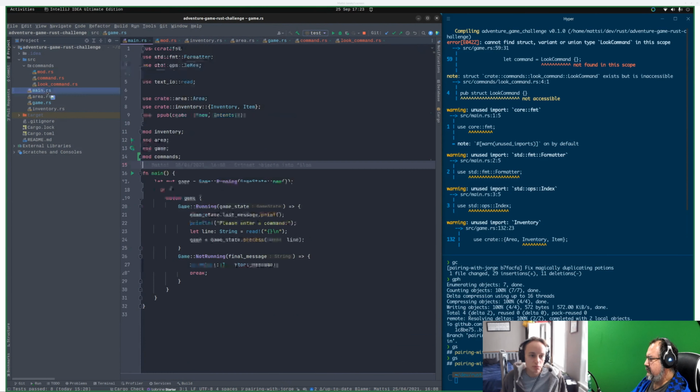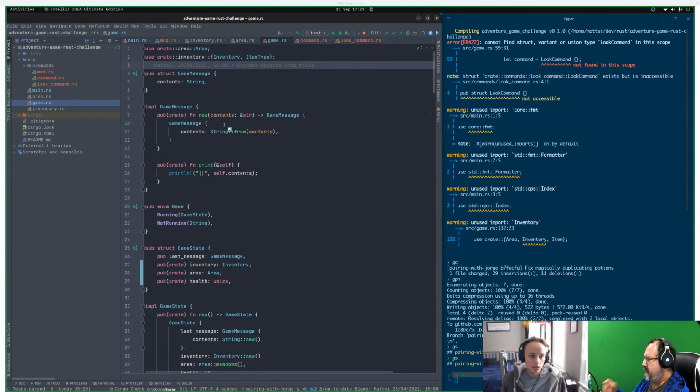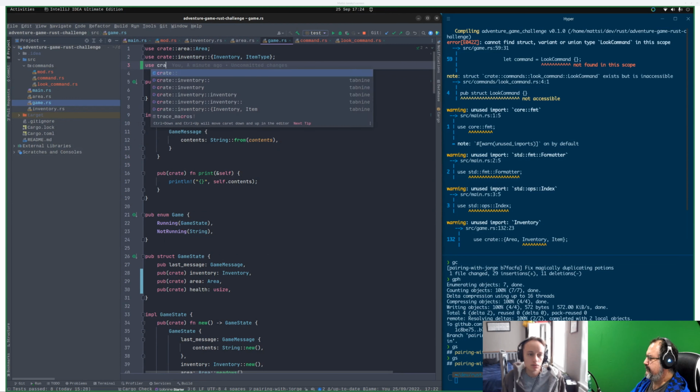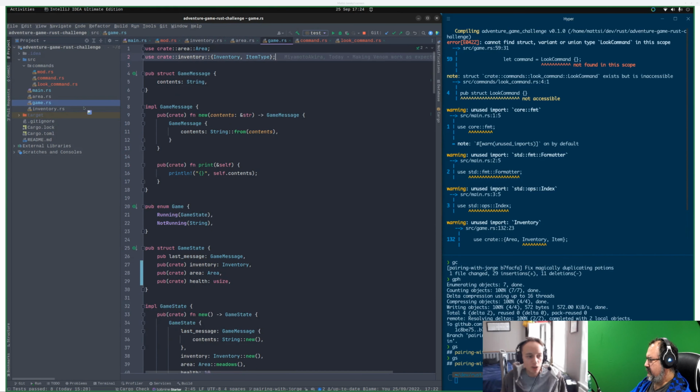But if you go back to main.rs, we have mod commands, so we're recognizing that. And if we do use trait commands, we're not getting suggestions I would expect. Why that?